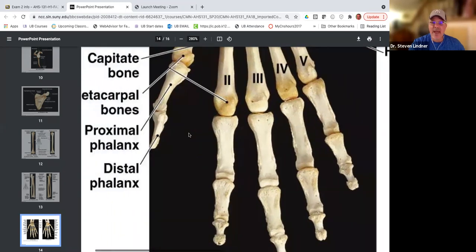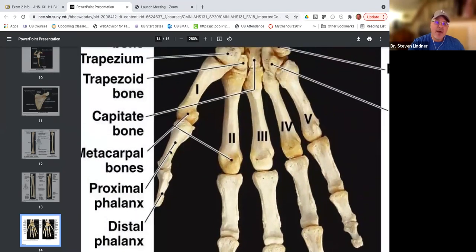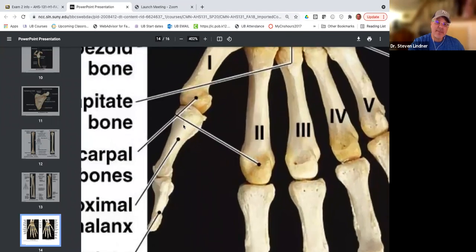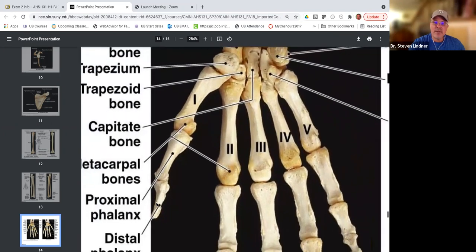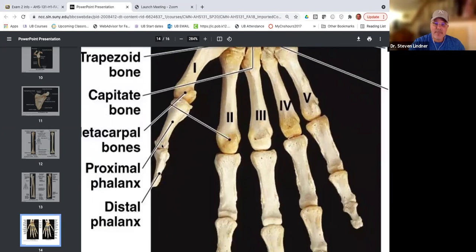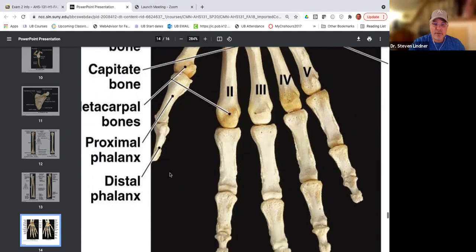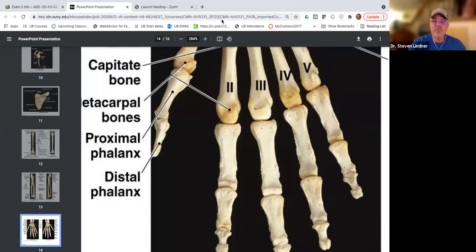Well, what does the thumb have? The thumb, if we zoom in, only has a proximal phalange and a distal phalange, or proximal phalanx and distal phalanx. There is no middle phalange of the thumb. The thumb has a metacarpal, and then it has a proximal and a distal phalanx. There is no middle phalange. Okay, that brings a close